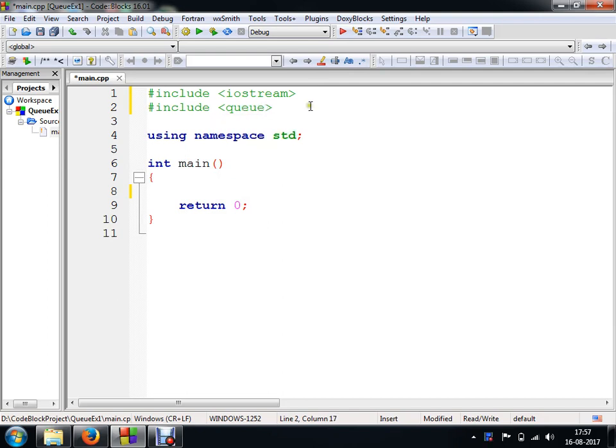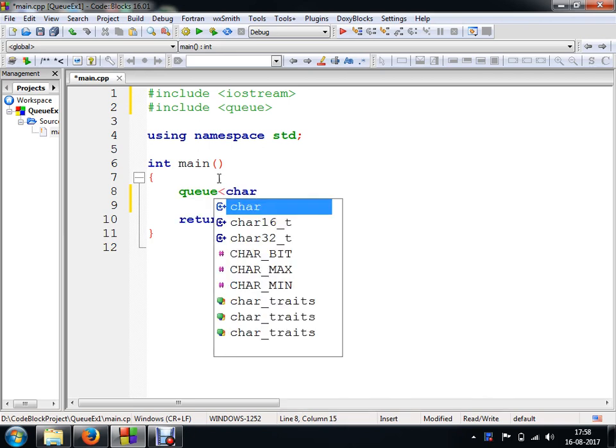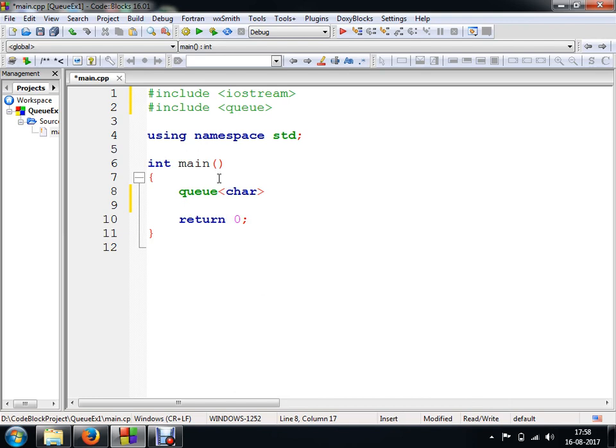Queue. The next step is I'm going to declare queue और उसका मैं generic data type भी बताऊंगा. So let's say I'm going to make use of my queue. इसका let's say मैंने queue का type बता दिया character and here I'm going to create an object of my queue. और let's say मैंने उसका object का नाम दे दिया q. Okay. Now this queue can utilize all the functions push, pop, front ये सारे functions ये queue अब utilize कर लेगा.